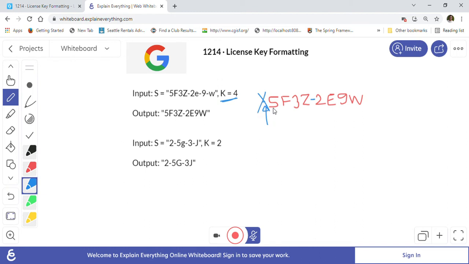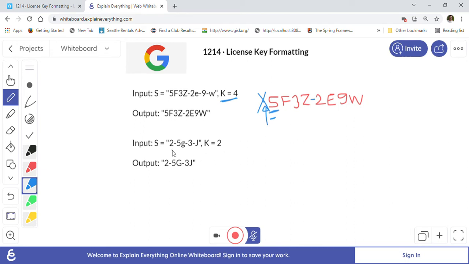So in our program, if i gets to 0 or less, then we will not insert the dash. If we reach this first character, there is no point inserting a dash, because it doesn't make sense: there is no group on the left side of the first character. That is the logic we are going to use to solve this problem.